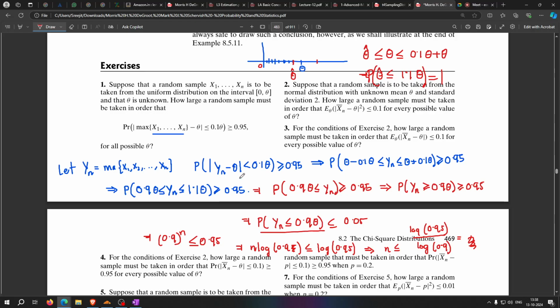So where is the sampling distribution part in this? Sampling distribution was exactly this part,